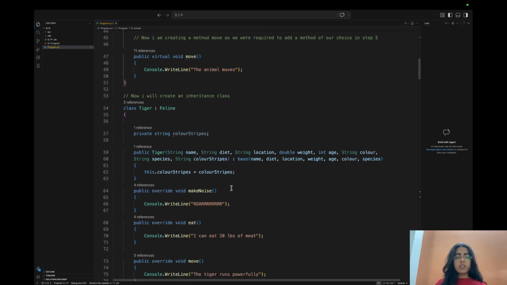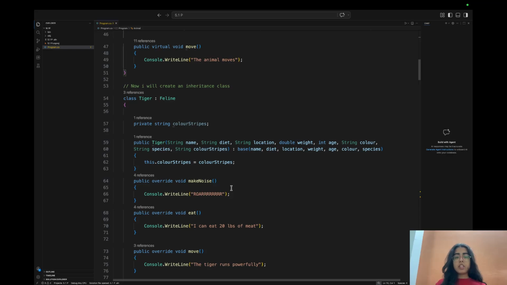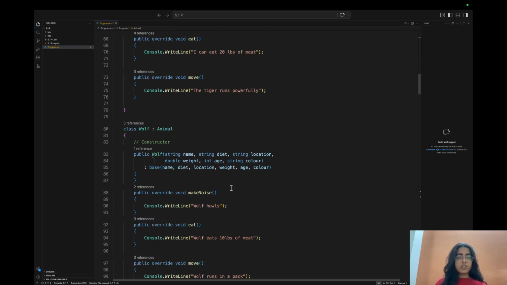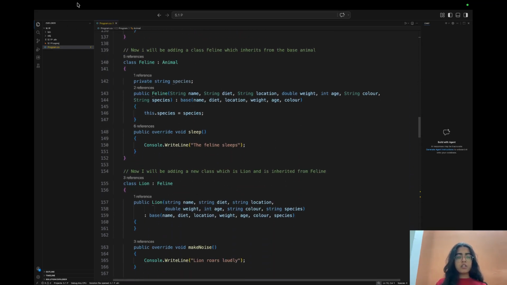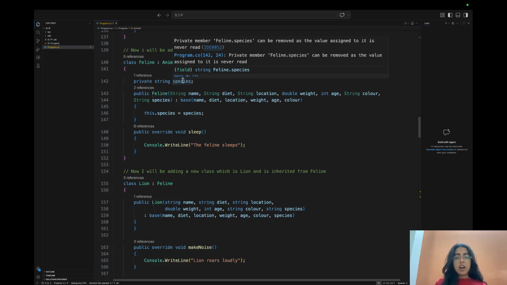So I created a class called Feline which will be inherited from the Animal class, and add a new attribute called species that overrides the sleep method. Let me search for the Feline class. So this is the Feline class in which we have a private attribute called species, and